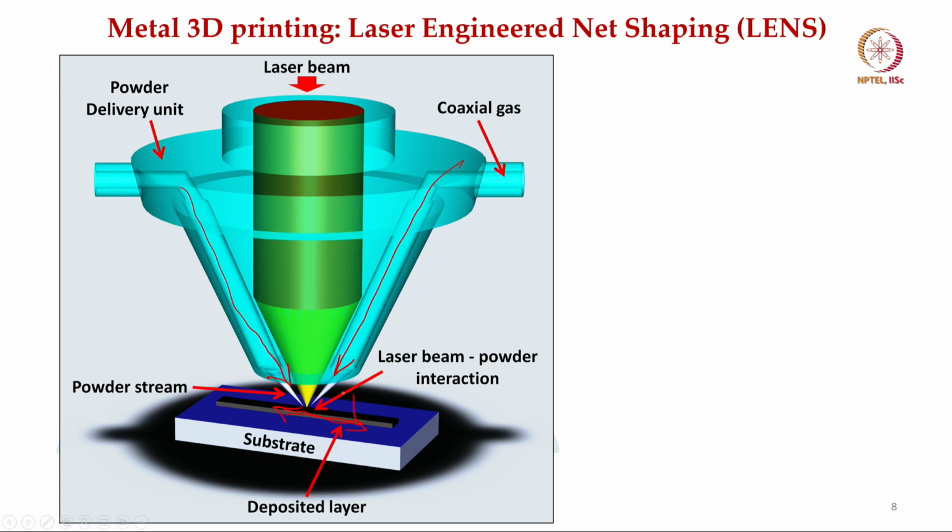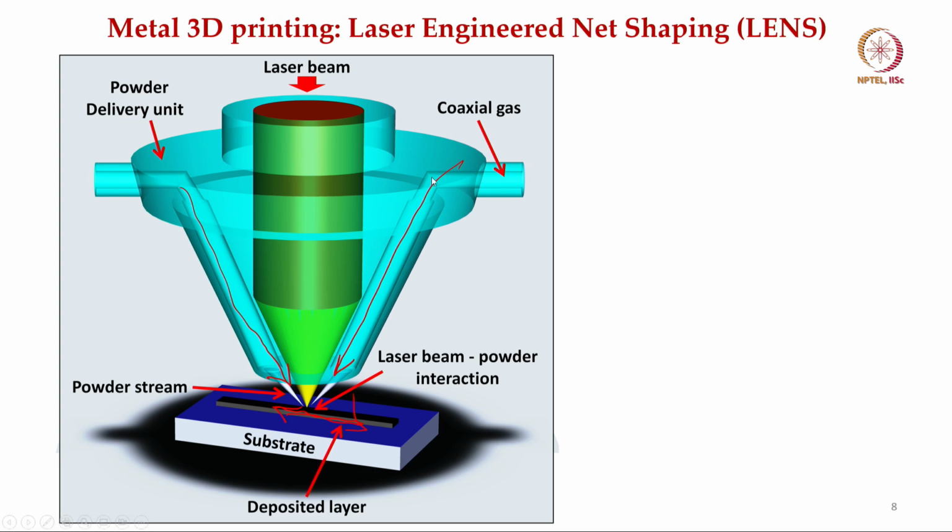What it does, the laser beam melts the powder, then it becomes solidified once it goes from position A to position B, and here again you need to remember that the substrate material and the powder must be of identical composition, right. So, if it is stainless steel 316 powders, then a stainless steel 316 substrate must be used.